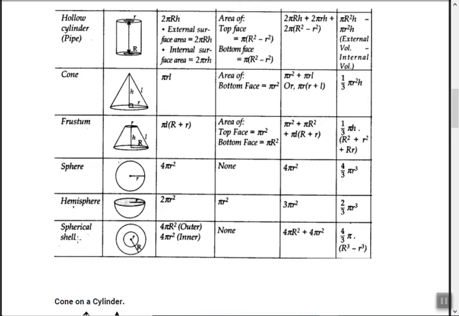Then spherical shell. Spherical shell means a sphere and a shell means something fits into it. So there's a thickness involved in this, and you will put some water in this. Okay. So outer surface area is what? 4 pi r square, same as the first one. Inner is 4 pi inner r square, right? Then there is no lateral surface.